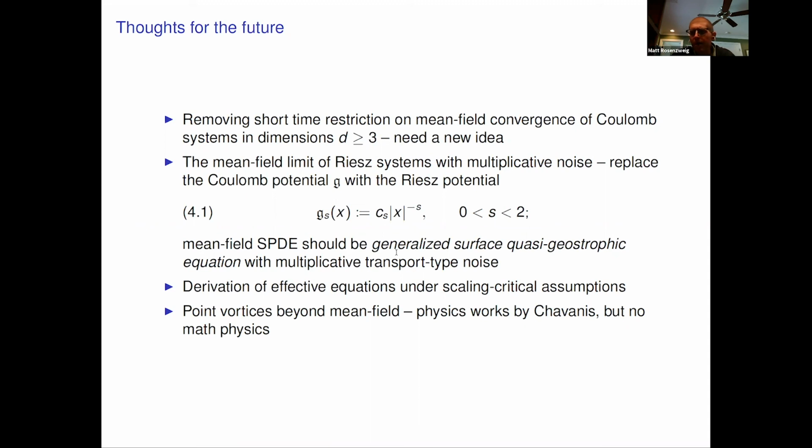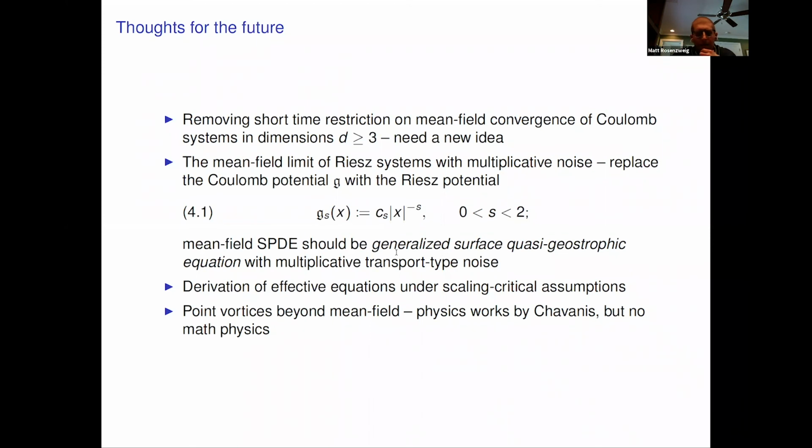And then more generally, you could ask about deriving effective equations under scaling critical assumptions. In PDE, it's been a hot topic for multiple different kinds of equations, like dispersive and fluid, of studying these equations for initial data in some scaling critical function space, and then, say, trying to prove global well-posedness if you can. But that's been a less explored question when trying to actually derive these equations. And I think a lot of the derivations perhaps can be reduced to scaling critical assumptions, but a lot more work would need to be done answering that. And of course, it may just be a case-by-case basis.